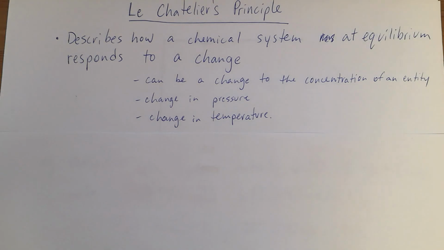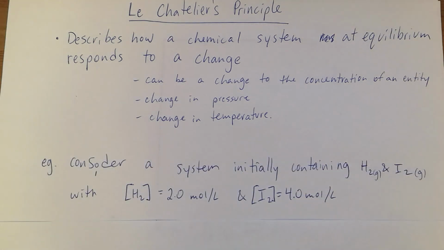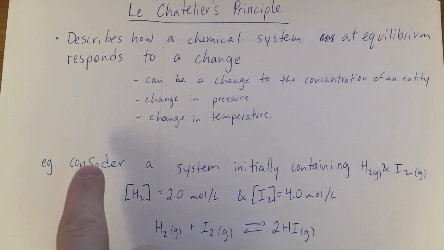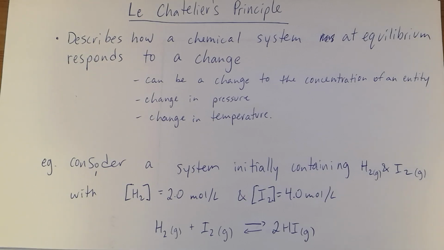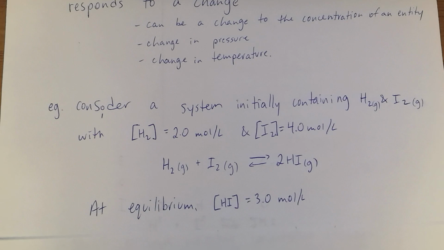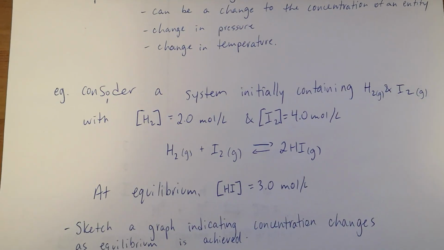Alright, so to frame this, I want us to consider this equilibrium system, hydrogen with iodine producing hydrogen iodide. Made a typo in the word consider, made an O, turned it into an I. Pretty smart, right? So, I've got initial concentrations there, and what I want us to do is sketch a graph